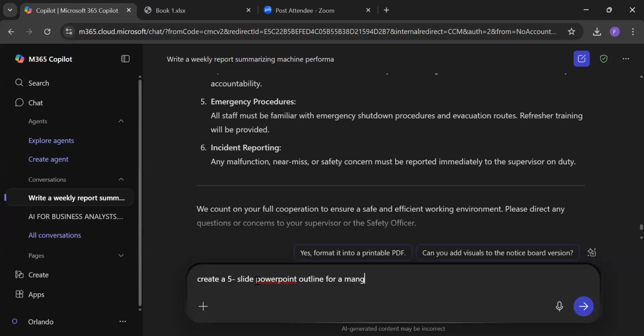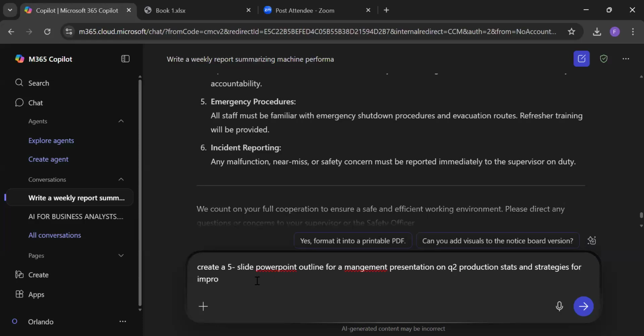A PowerPoint outline for a management presentation on Q2 production, so the second quarter, and strategies for improving.